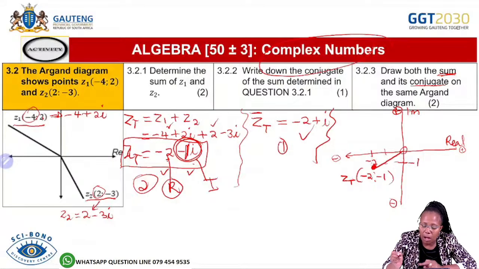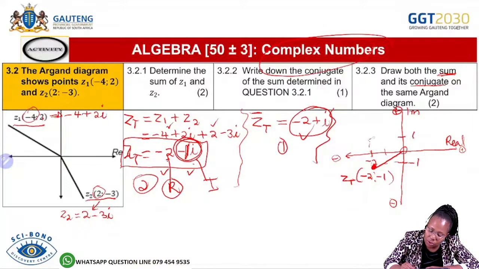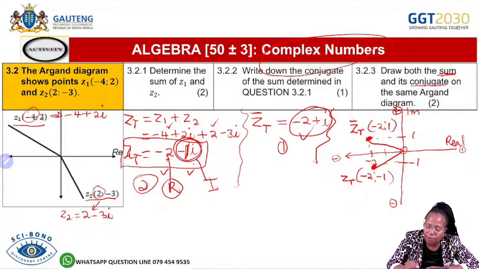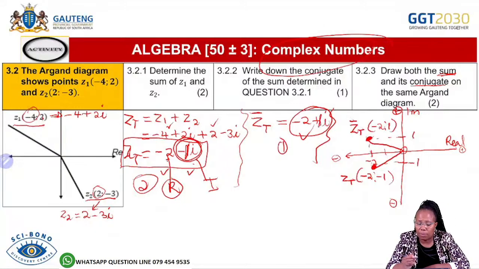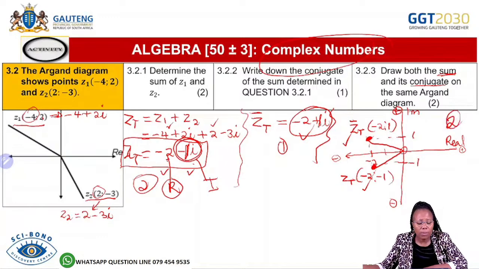Correct? And then now we want to draw the conjugate. The conjugate is minus 2 with the positive 1 now. The point will be there, from 0, 0 to that point. This one will be Z total, but it's a conjugate. Therefore, the coordinate will be minus 2 and 1 for that one. We take the coefficient there as our imaginary number. Okay, that is how you draw that one. So it will be 1 mark for each graph there, which is 2 marks. And then moving on,